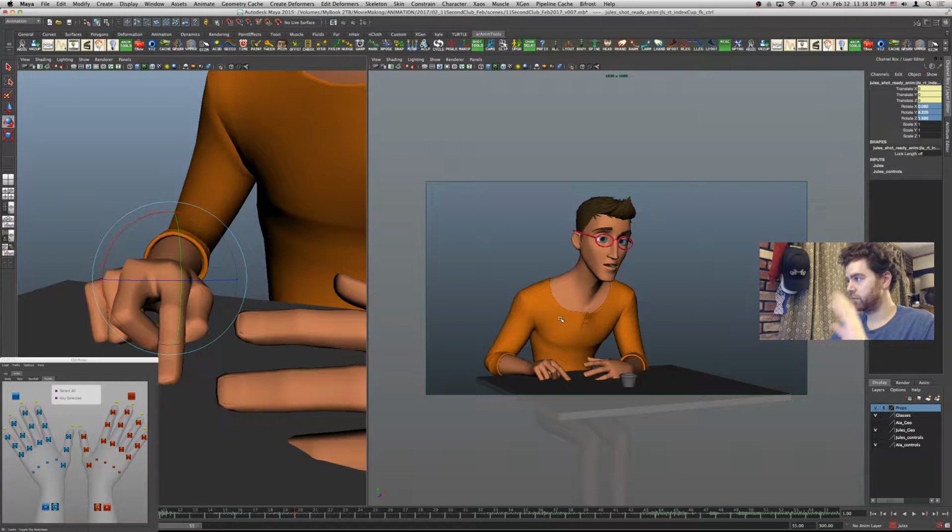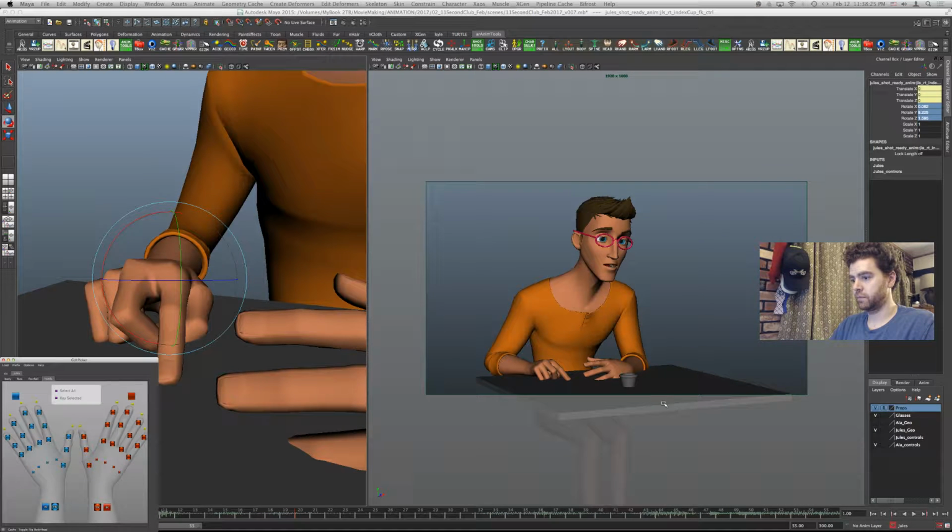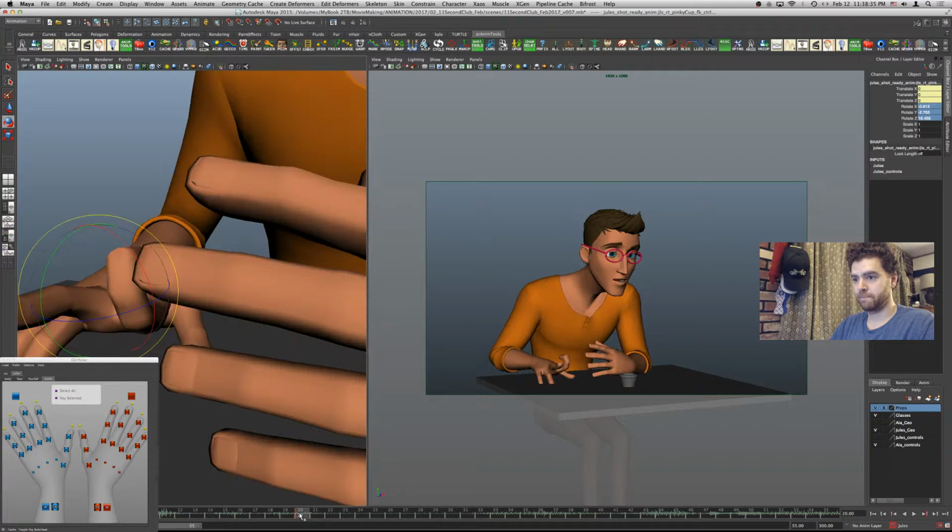I'm going to say move on, move on. All right, now let's look at this other hand. So I'm just going to select all really quick in the GUI picker. Select all, key selected. Yep, this is what I was waiting for.